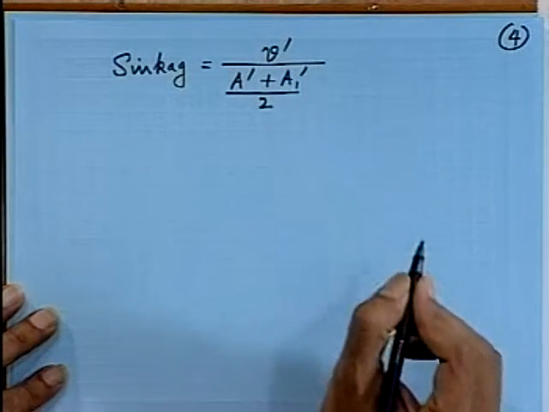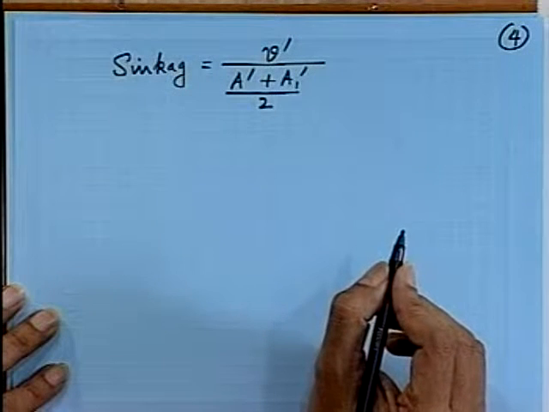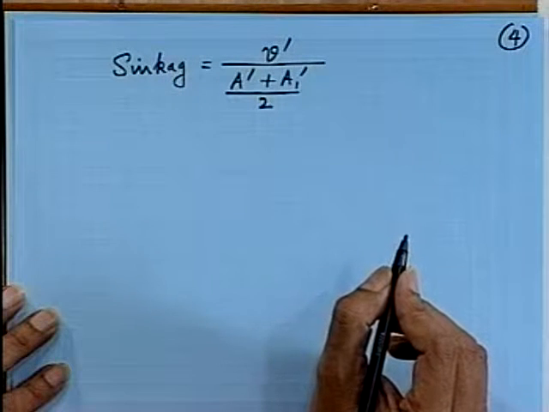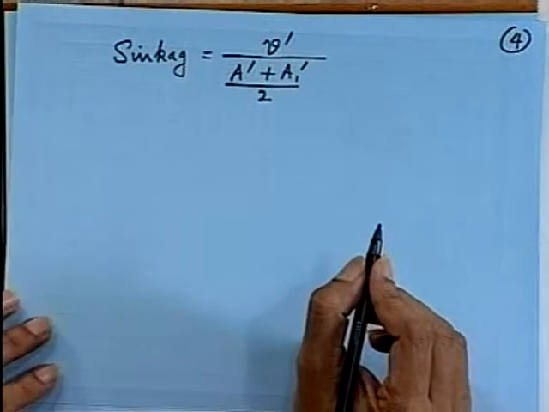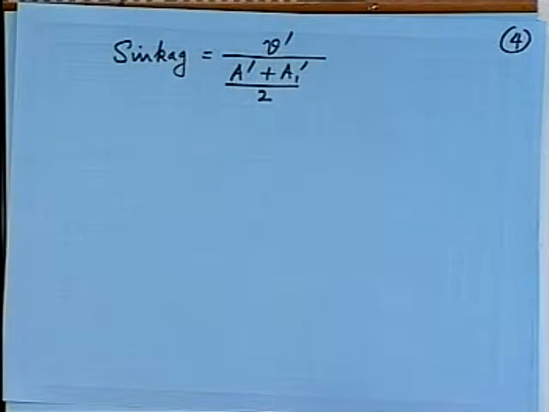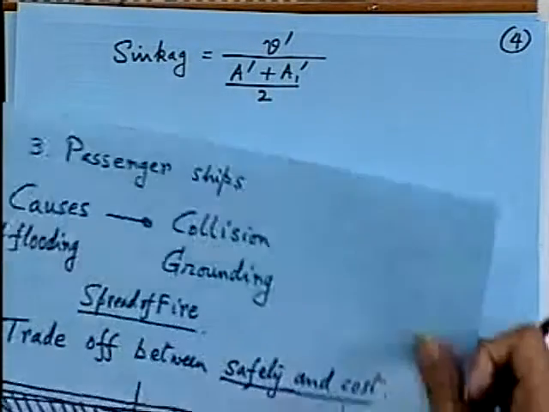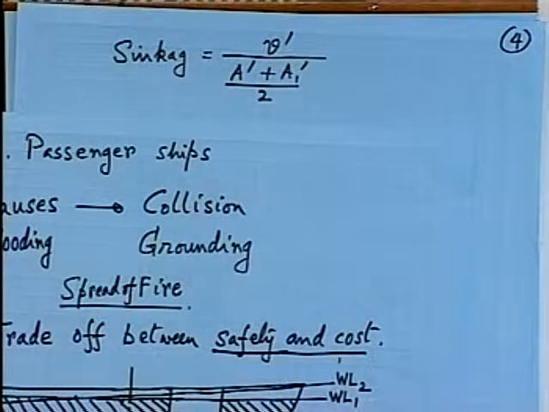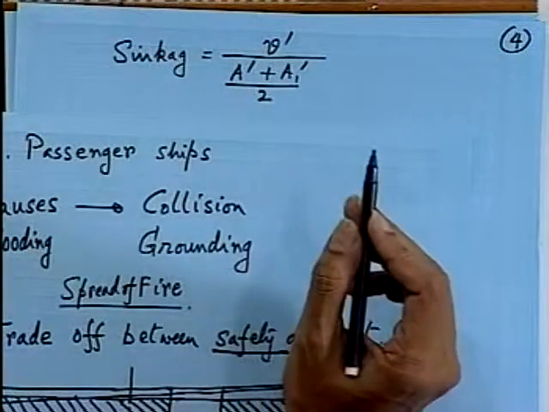So, I take the average areas, that is the remaining areas, because of the curvature of the hull and the hull not being a rectangular box. So, this A prime is